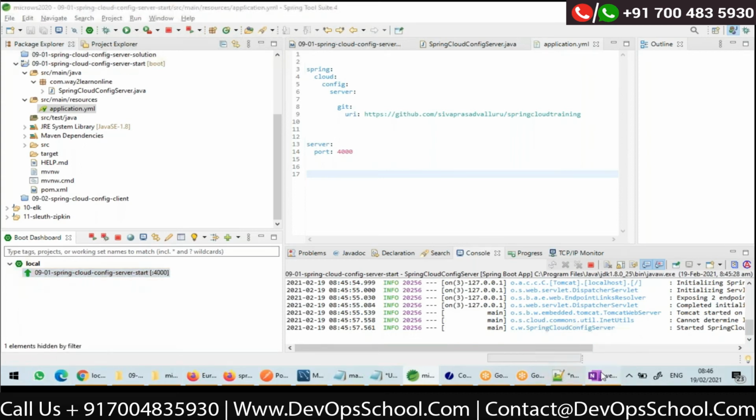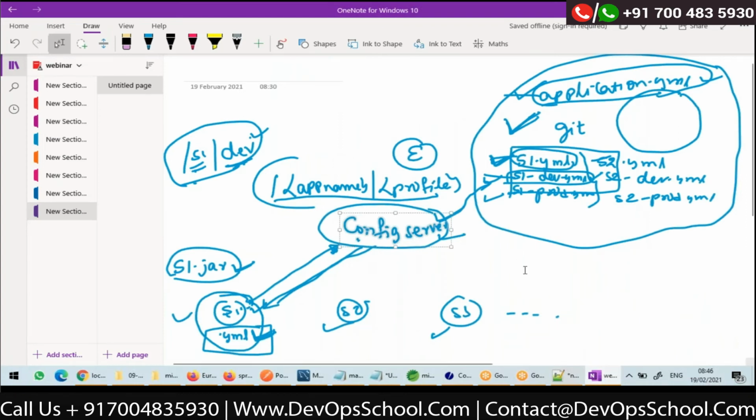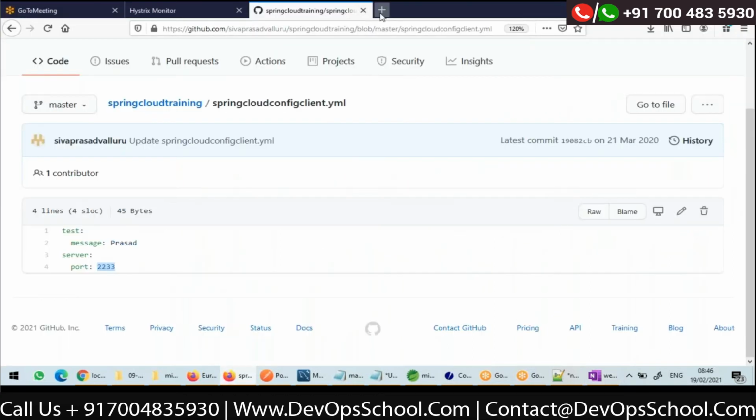As I told you, even before I start my microservice, let me check how this configuration server's REST endpoints work. So there is an endpoint with the URL /appname/profile, right? So let me try to hit it.